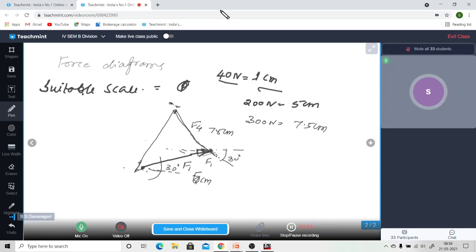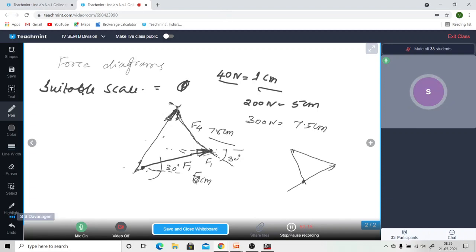You got the resultant force. Now you may get a different direction if you do not draw in accordance with the scale. You will get different directions if you go for drawing according to the scale. If the diagram has come out wrong, it is because we drew the 7.5 length shorter and the 5 centimeter length longer, so it is wrong. If you draw according to the scale, most probably the diagram comes like this. You will get this type of diagram.